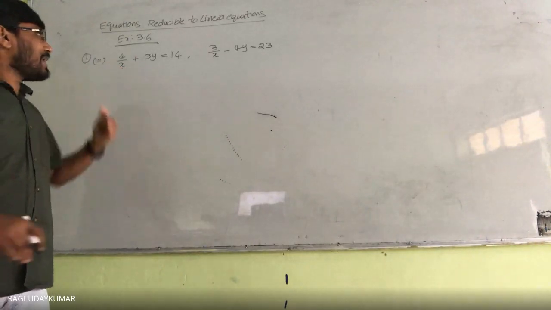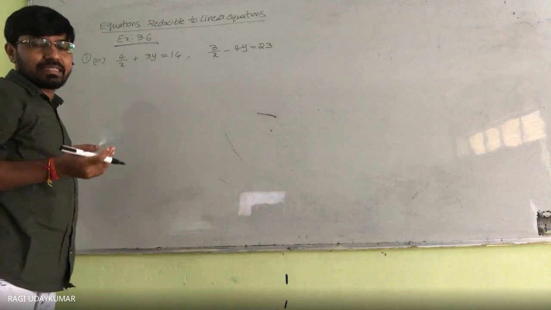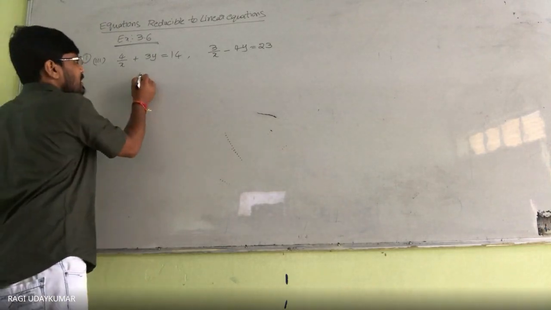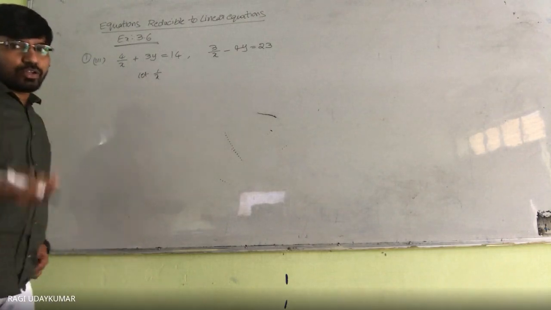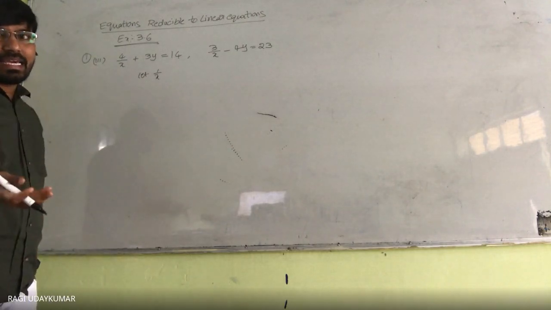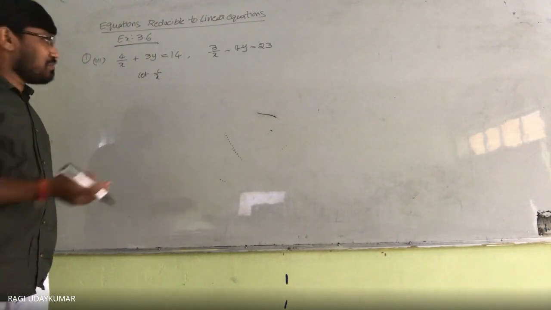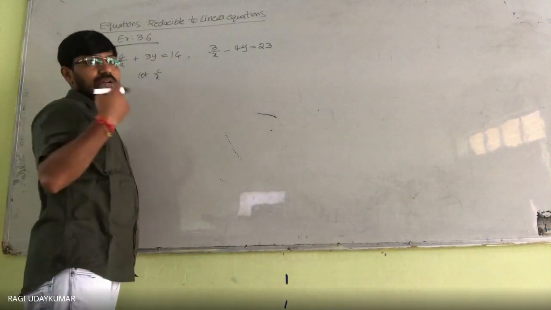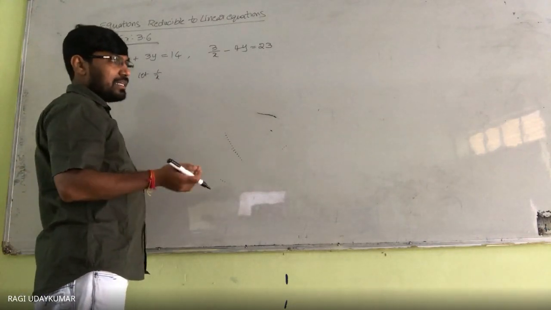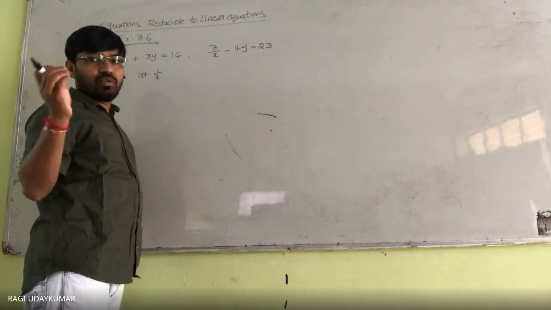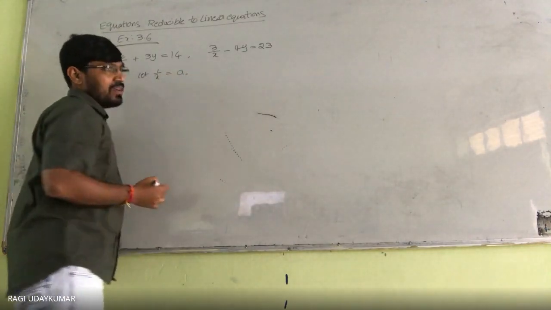So you can rewrite the given equation as 4 by x can be written as 4 into 1 by x. So let us consider this 1 by x as some variable. Either you can consider u, or a, or m, any other variable. 1 by x we need to consider as another variable. That is up to your choice. It is not mandatory that you need to take only this variable. So 1 by x is equal to a, I am considering.